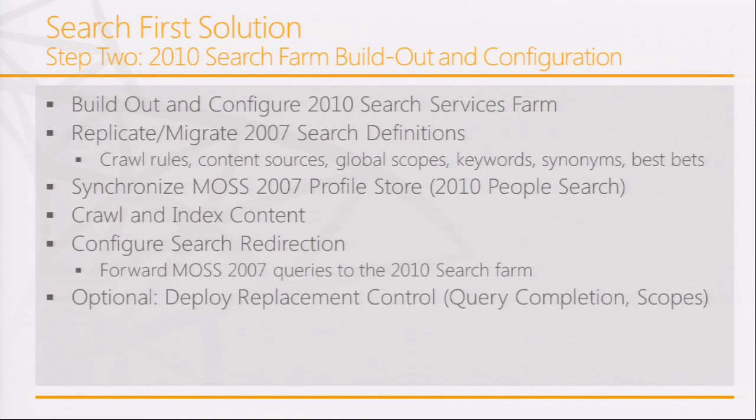Crawl and index the content. At this point, your 2010 farm will be able to replace 2007 completely and even add some enhancements, because it will provide all the content searching that 2007 has been providing, and also people search. It will enable people search because you have migrated user profiles. That's it. Well, the last thing that you'll need to do is to enable your end users to use that